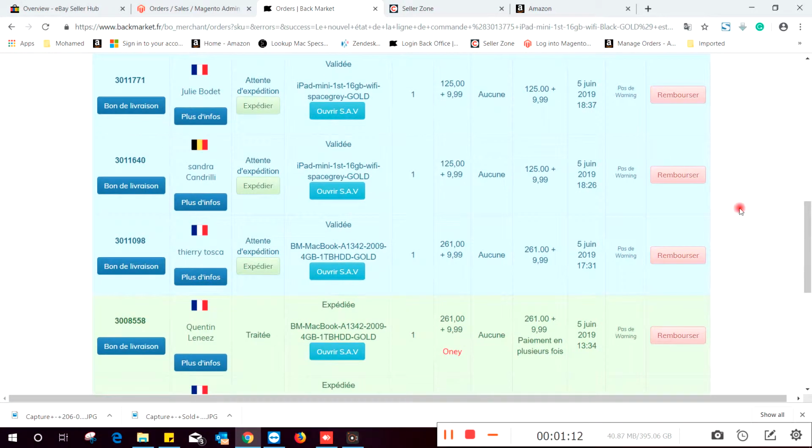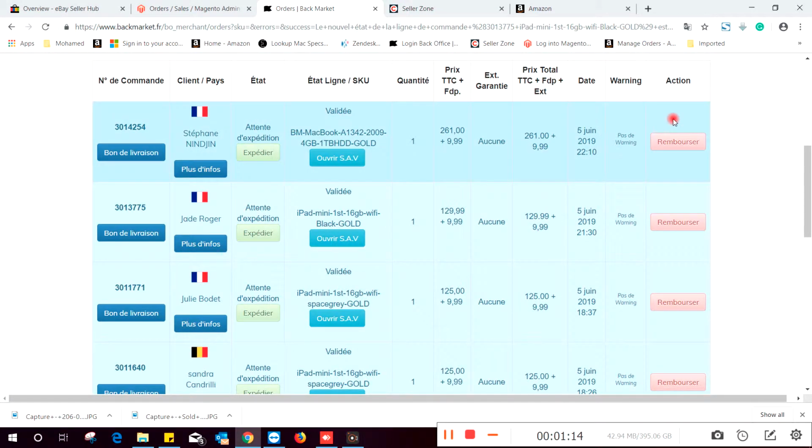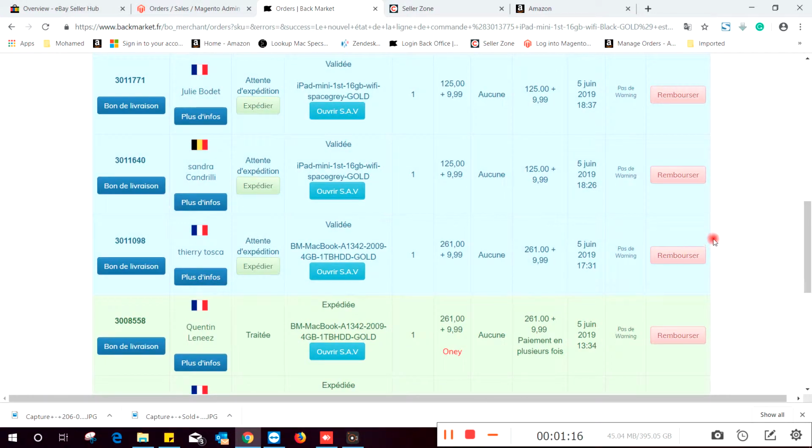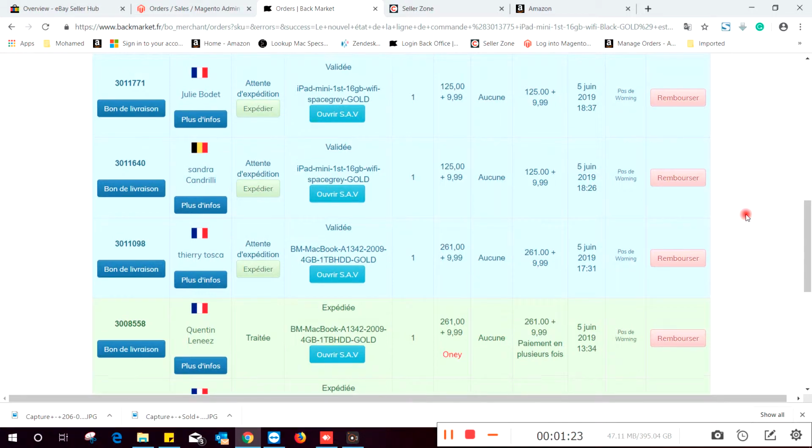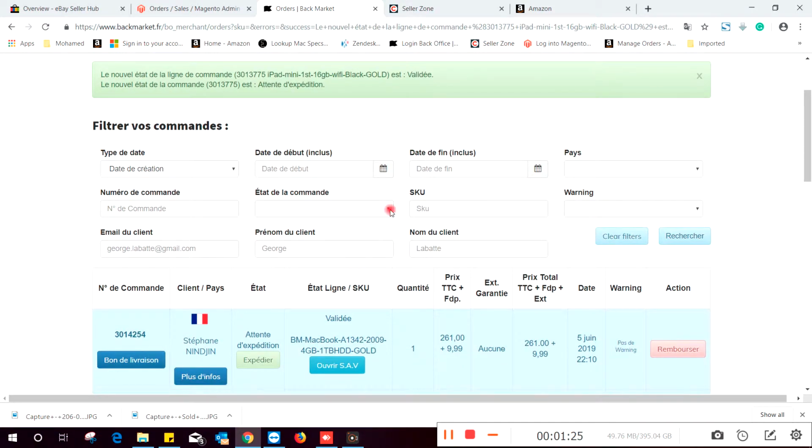Okay, once all the orders are validated, so it is like 5 orders. It may be 20, it may be 25, it may be any number of orders. That does not matter. So what we need to do here is select this area, this one,